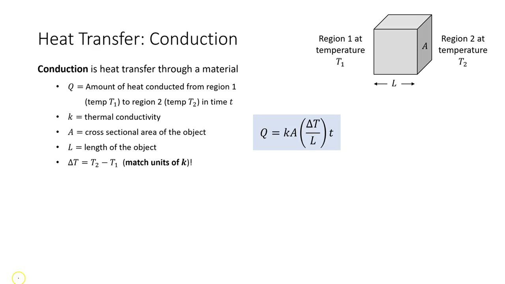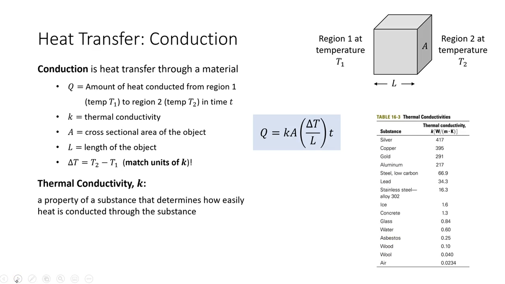All right, let's talk a little bit more about the thermal conductivity K. So K is really just a property of a substance that tells us about how easily the heat is conducted through that substance. It's a characteristic property of a particular material. So just like specific heat, which we talked about a little bit earlier, it's going to be the type of thing that you'll look up in a table. These are well-known quantities that have been measured for various materials,